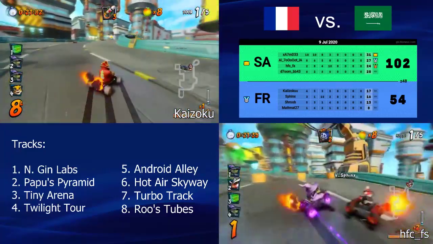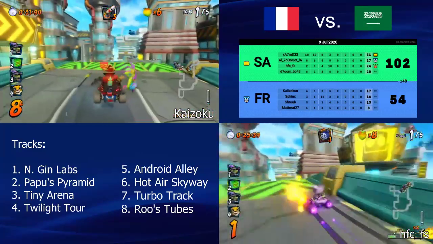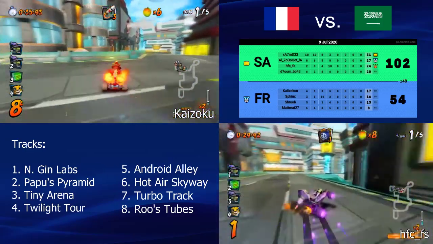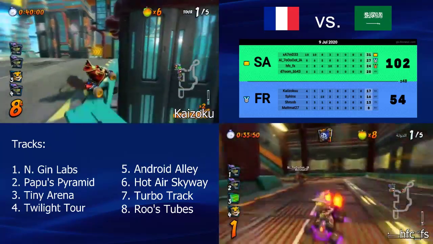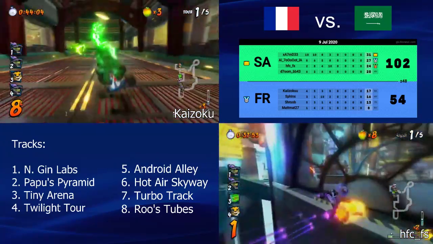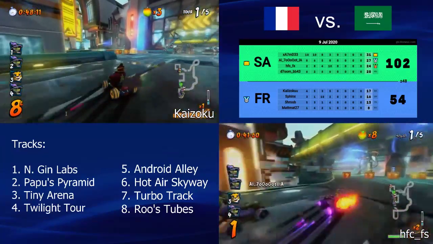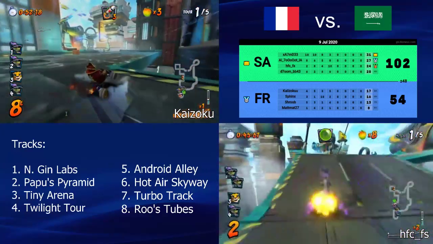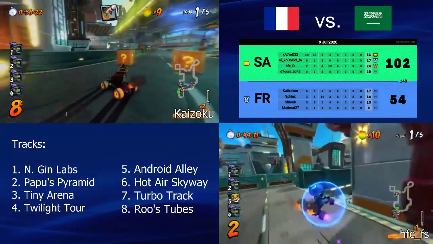I never saw that happening, to be honest. Wow. I guess he respawned behind the turbo pad, but he still loses something. Fire was down immediately. That's a very crucial mistake right there, and he's not even careful. He's taking tight lines and it's max nitro. Kaizoku, what are you doing? That's not what they need.